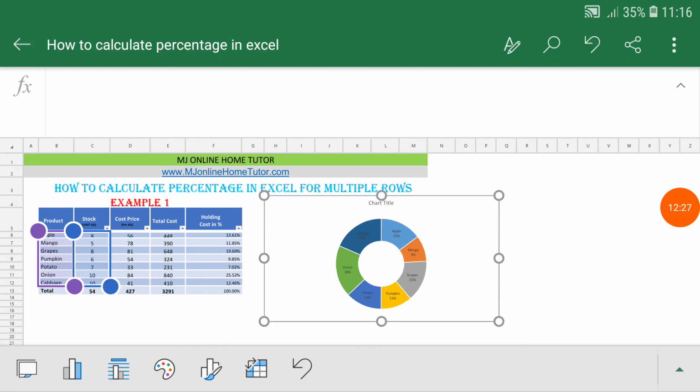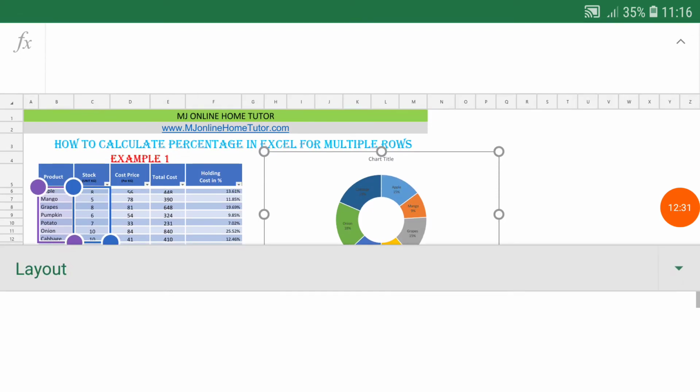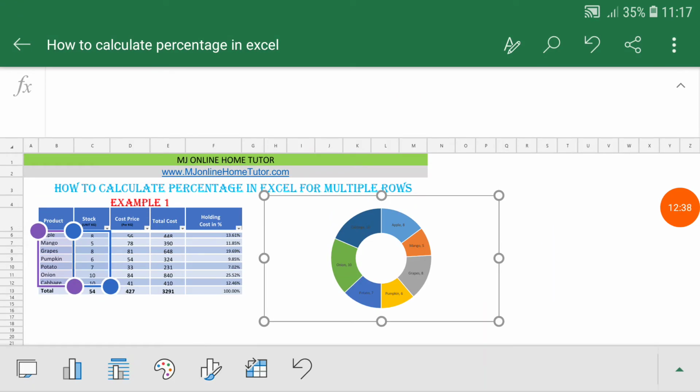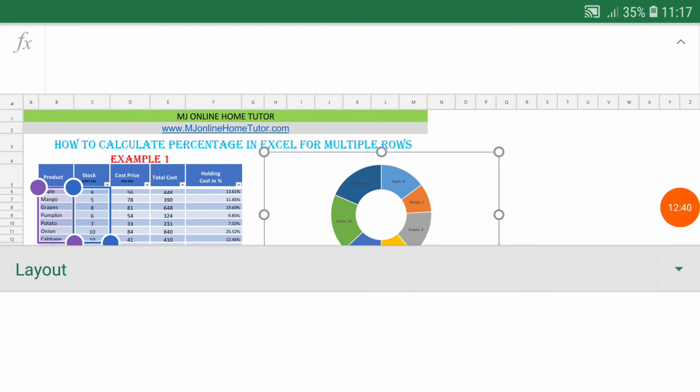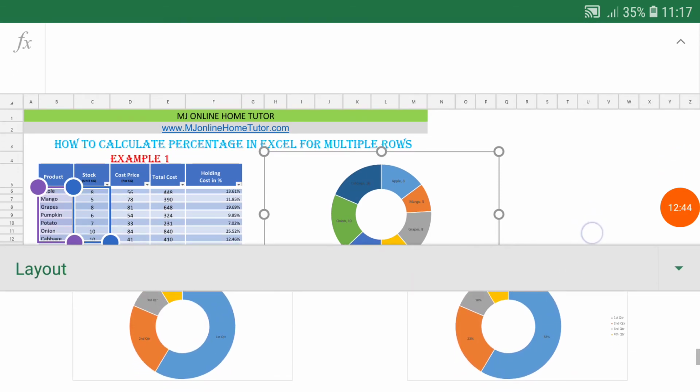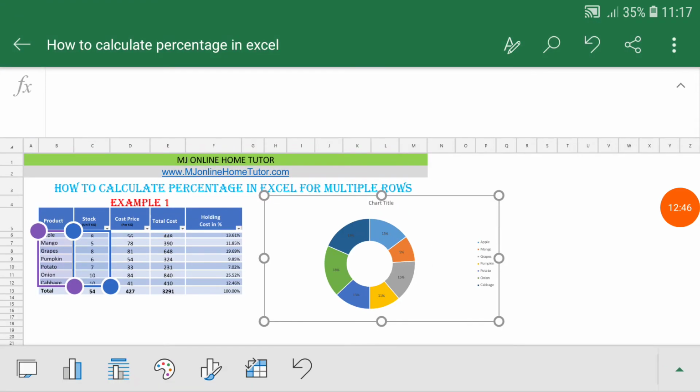Here you can see we have the percentage and the item names on the pie chart, and we can apply some other layout as well, like this one. Here you can see we get the numbers, not the percentage, in this format. And we have some more options, like only getting the percentage without the name of the item on the pie chart. We will get the name of each product on the right side of the pie chart over here.